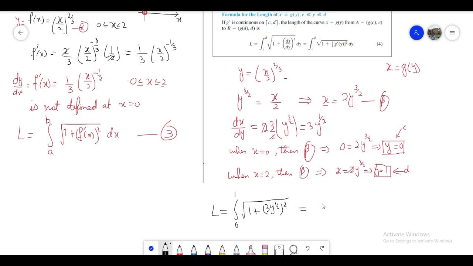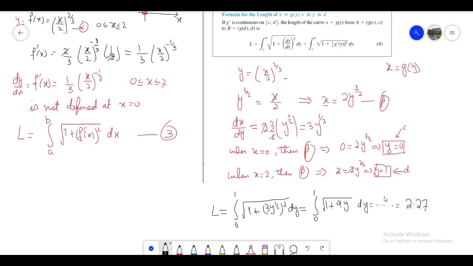This is equivalent to the integral from 0 to 1 of root of 1 plus 9y, dy. Of course, dy will appear over here also. And when you solve this expression by integration, you will find that the answer would be